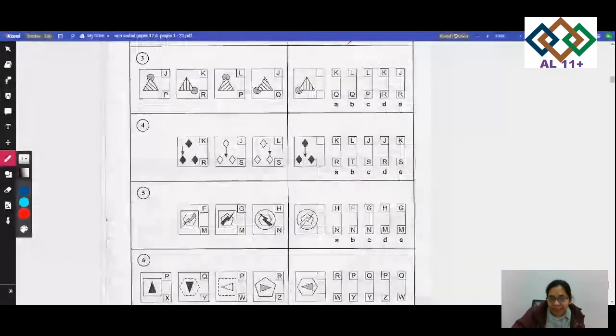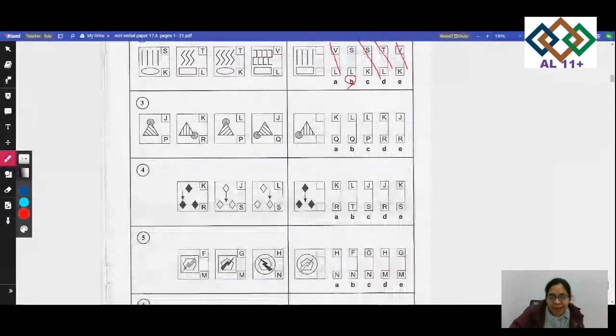So let's go on to the third one now. In the third one, again, we have to look at the shape and what's happening. If you look at the shape in the third one, it doesn't have any circle on the top. So I know the first letter is K because it doesn't have one on the top. Look at this one. So it's K. So all the other ones, just cancel them. And now we have to think about whether it's Q or R.